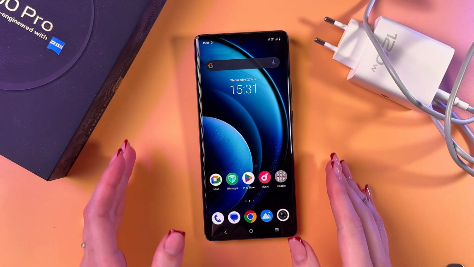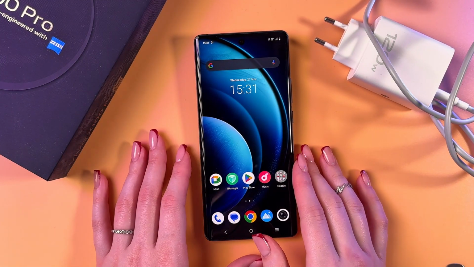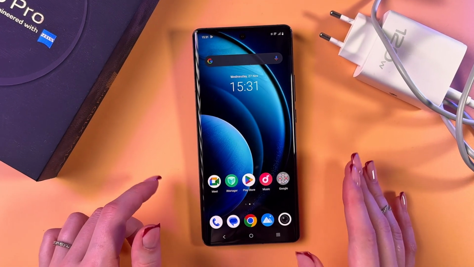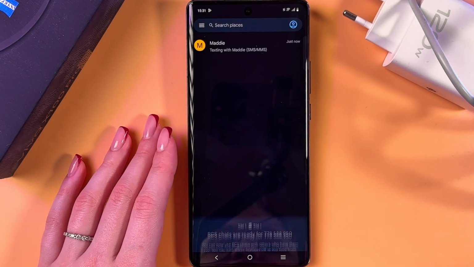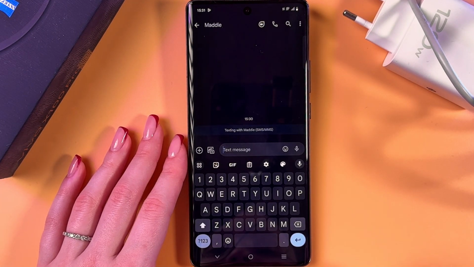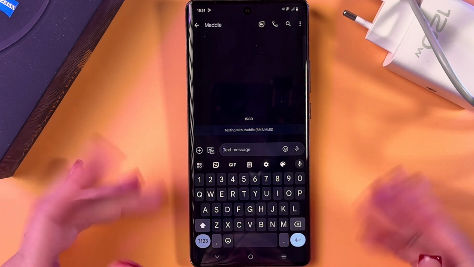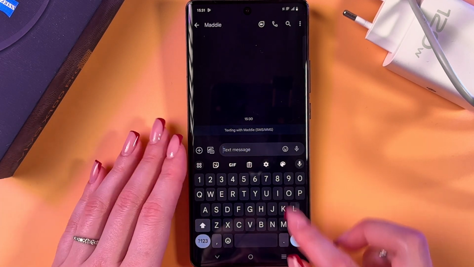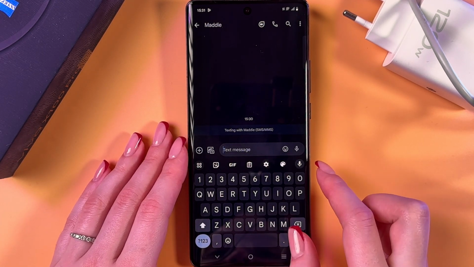Hi, to change keyboard language on this Vivo X100 Pro, we would need to trigger a keyboard first. And for that, let's open Messages app. I'm gonna select My Chat with Mehdi. And here, to add new language, except for the English, we'll need to tap the settings icon on the top